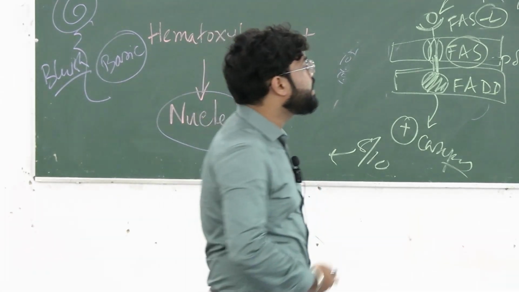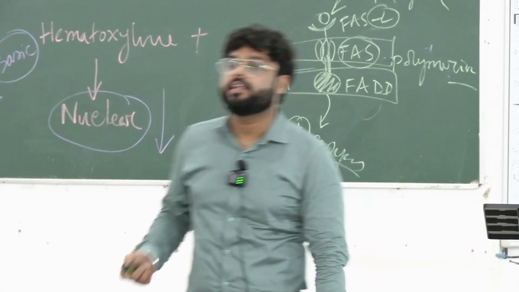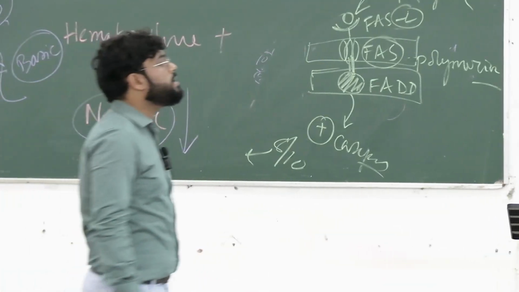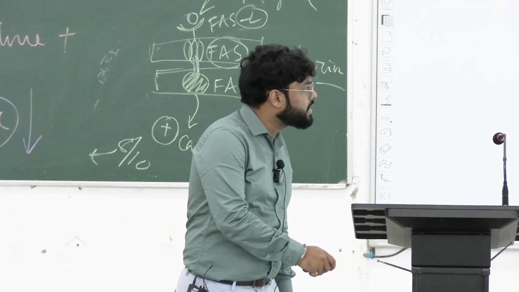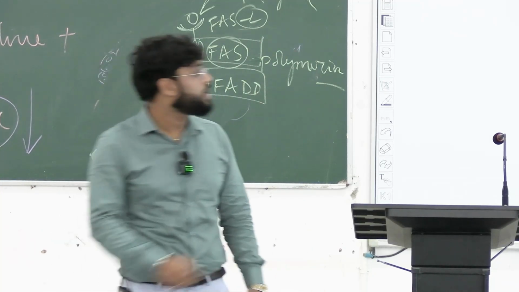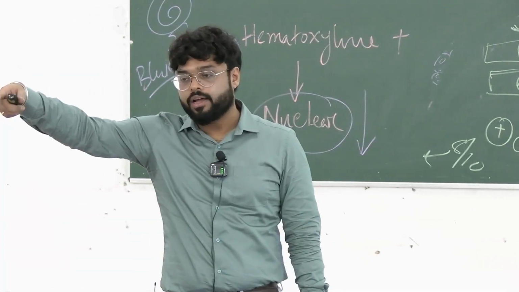And the antibody to the phosphatidylserine is known as annexin 5 or CD95. This is the marker of apoptotic cells, and whenever there will be phosphatidylserine in the outer